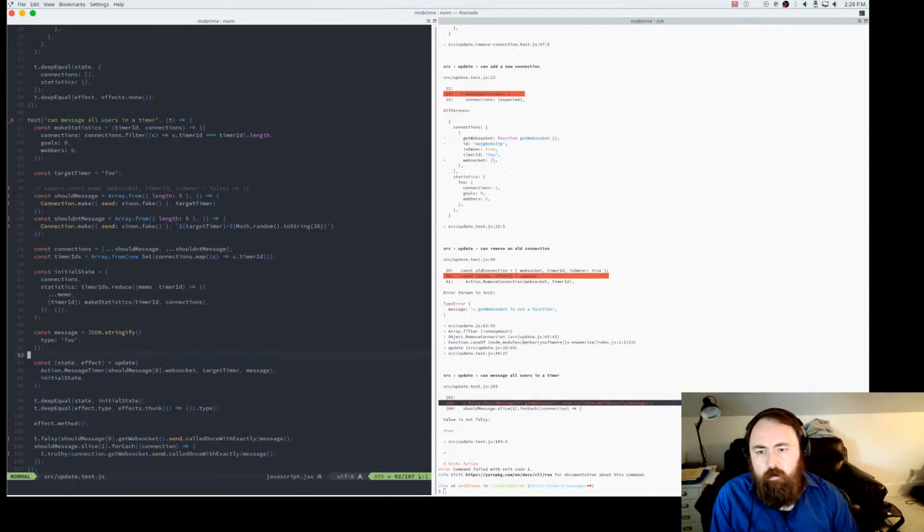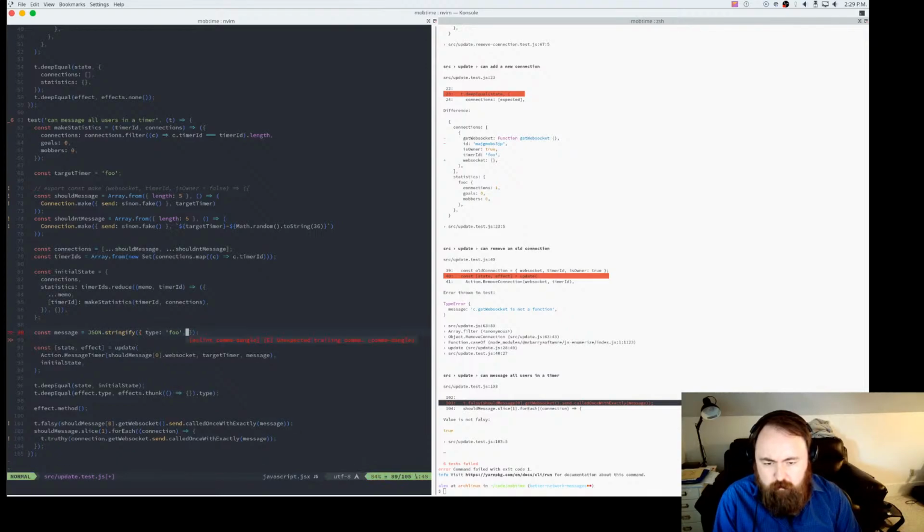So we set up some initial statistics generator stuff. Given a set of connections, we just set up some defaults so they look real. Message all users of a timer. And we got a message in here as well.